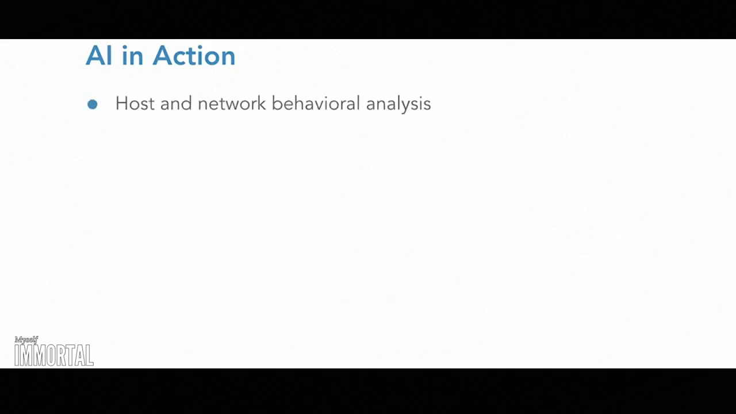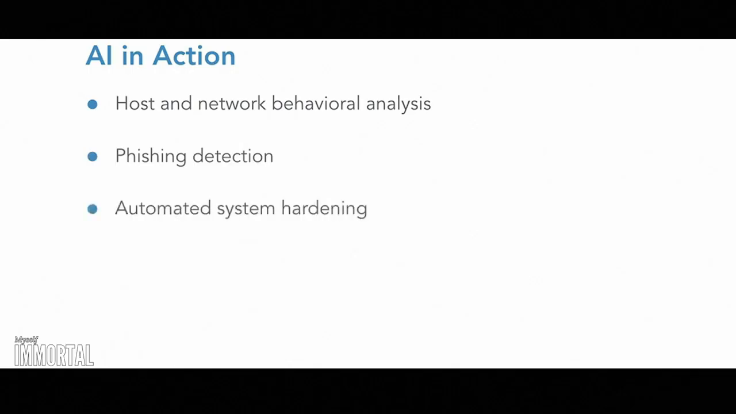So from the security side, we can ingest vast amounts of network activity, so network captures, host logs, and start making intelligent decisions about what might look suspicious. So the detection of phishing mail messages. It can also be used to automate system hardening if we see systems that are deviating from a pre-configured baseline